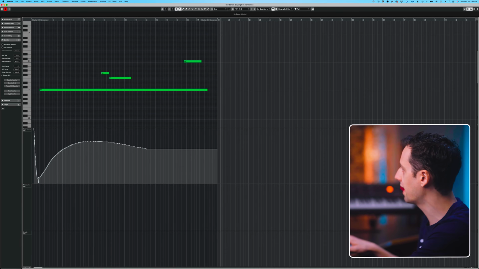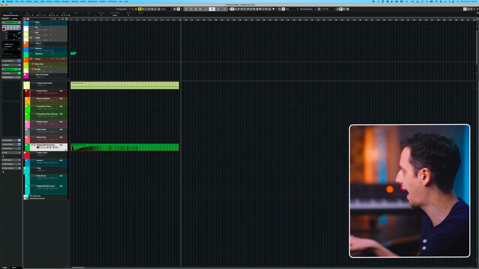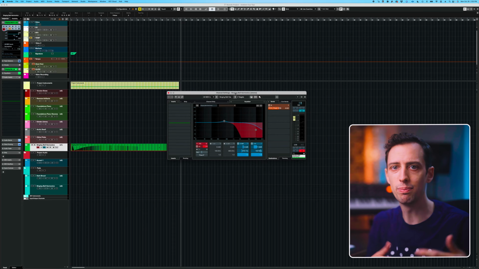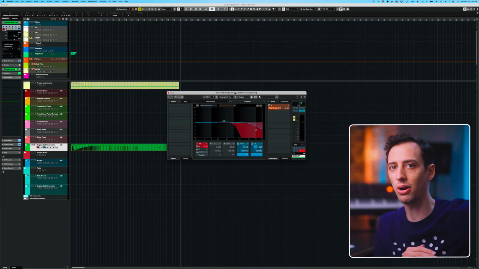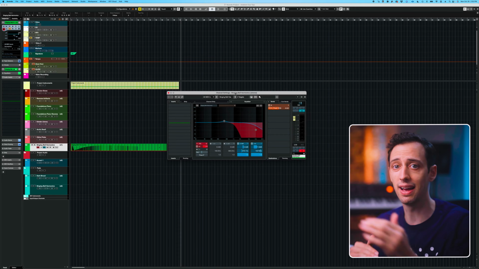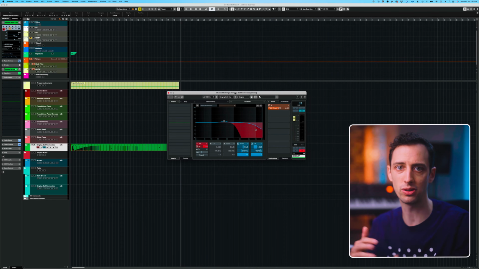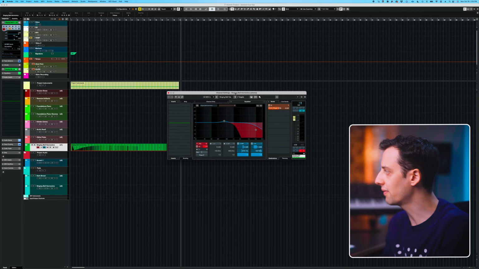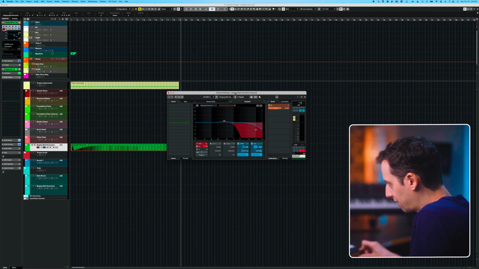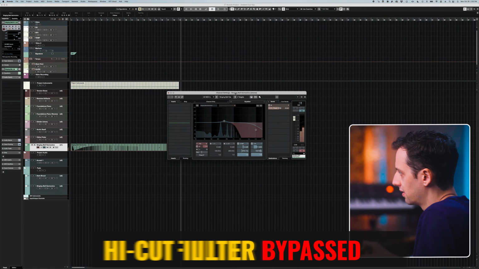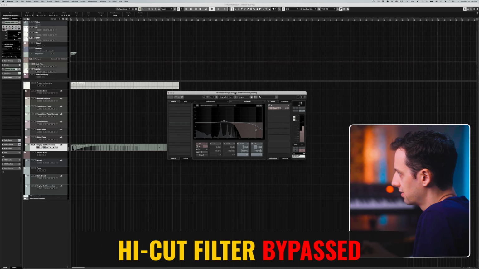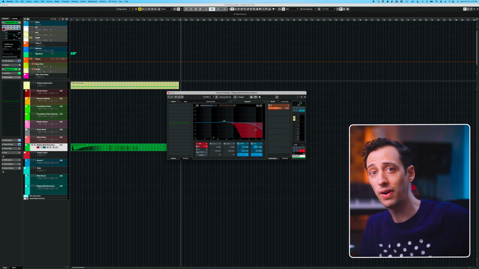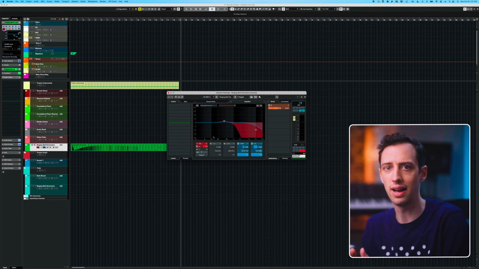But one thing I want to point out is how I cut the high end of this pad. And the reason that I do that is that it's important due to the dialogue. I don't want those higher harmonic frequencies to get in the way. And I usually like to find sounds that sit a bit below the voices of the characters that are speaking. So this has some stuff in a higher range. As you can hear, when I press down, so I add that sort of high cut filter in order to isolate the sound more,